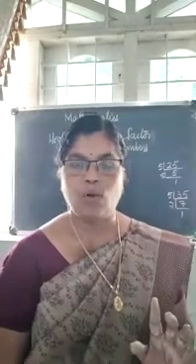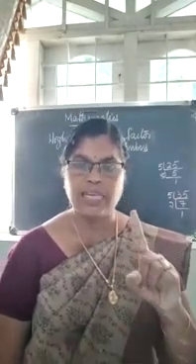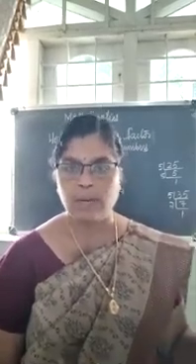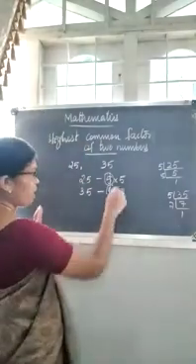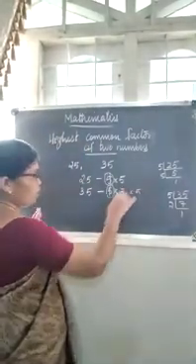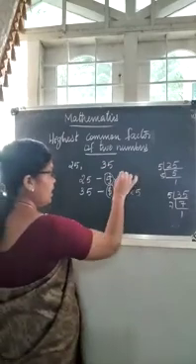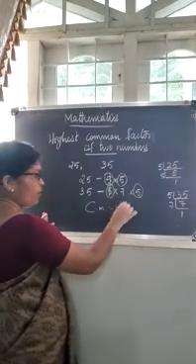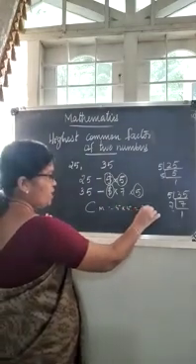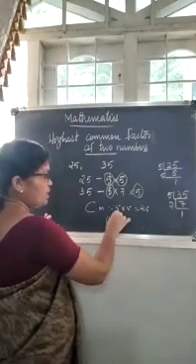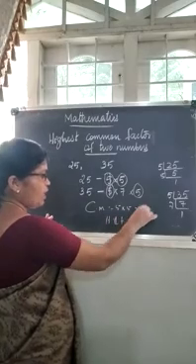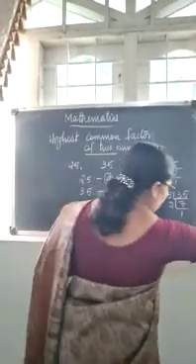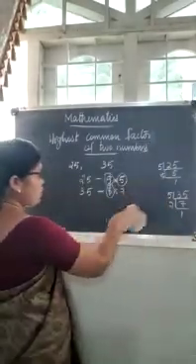So which is the highest common factor? Since only one factor 5 is there for them, the highest is 5 only. Suppose here one more 5 is there, then again a second common factor we would get. So the common factors we write 5 into 5, that is equal to 25. So the HCF is equal to 25. But here in these numbers we cannot take like that because we have only these factors.